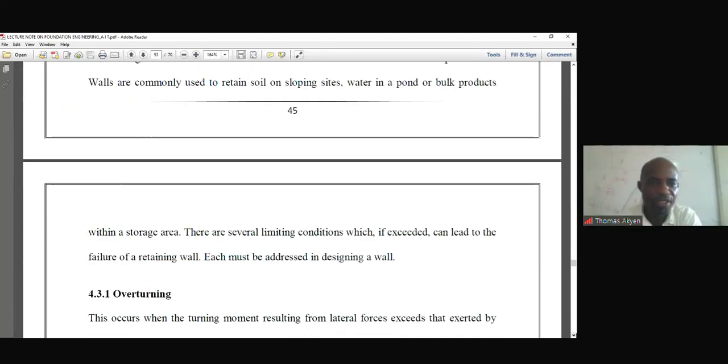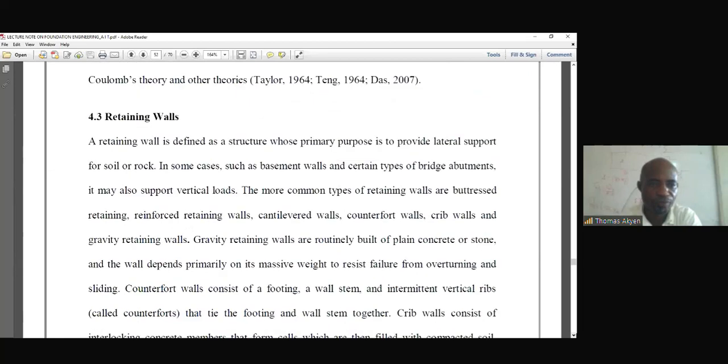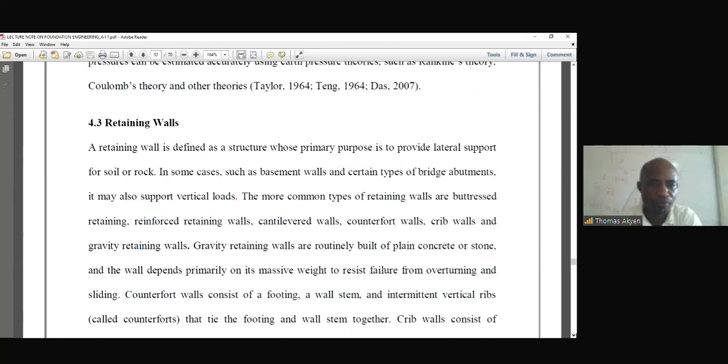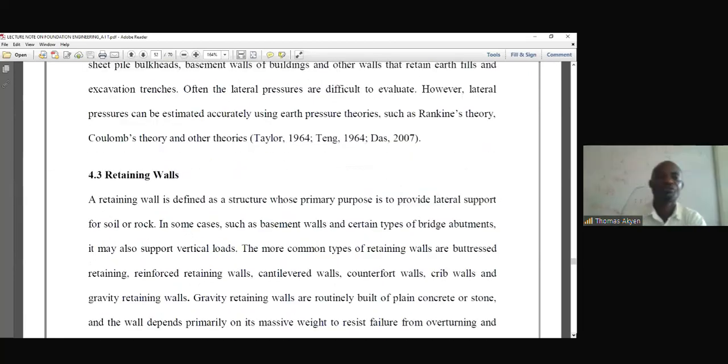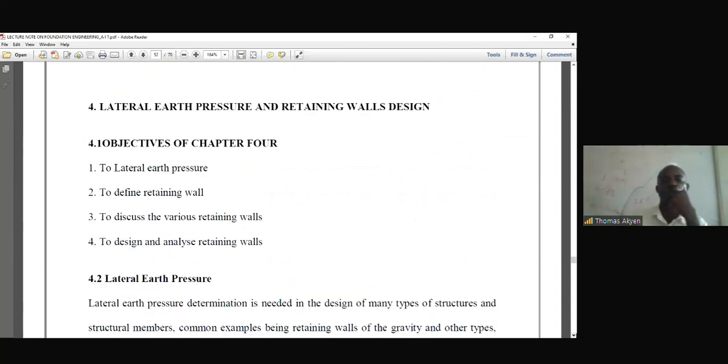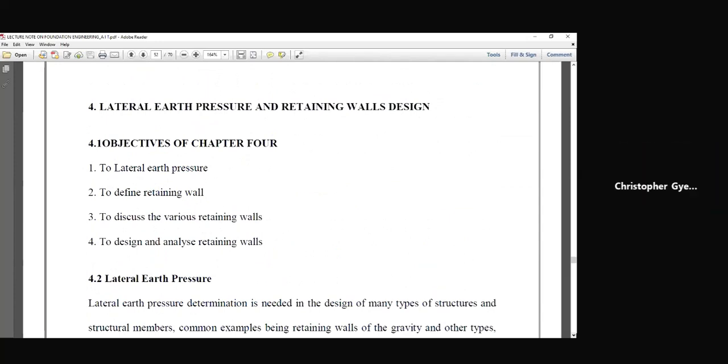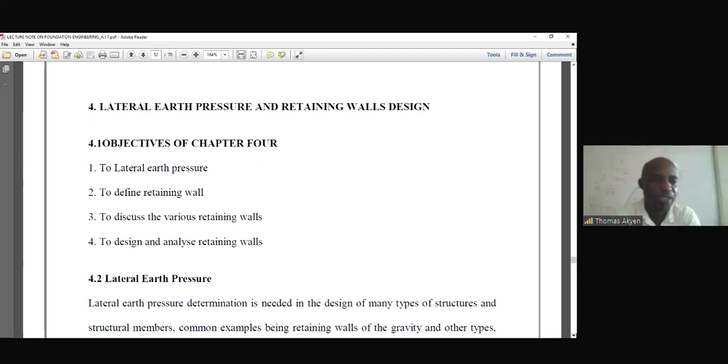We come to lateral earth pressure and retaining wall design. We say 1, we have to determine the objective of this chapter 4, to determine